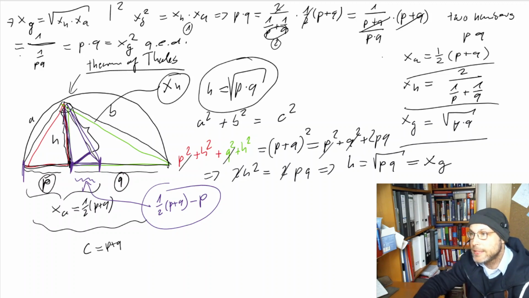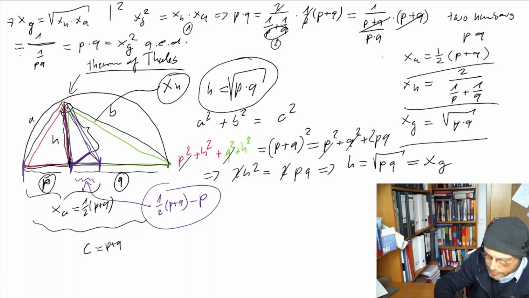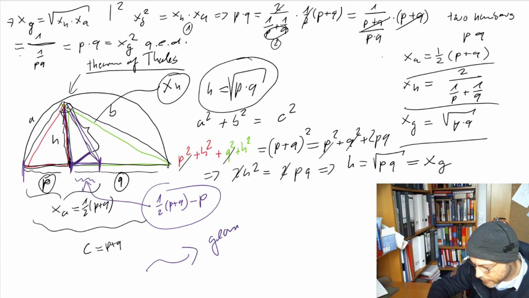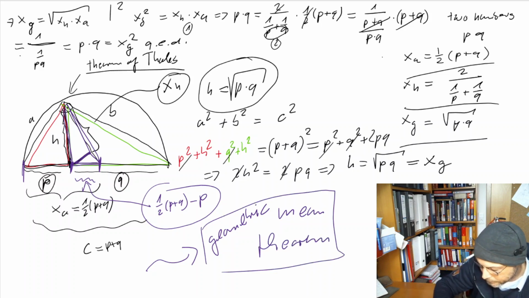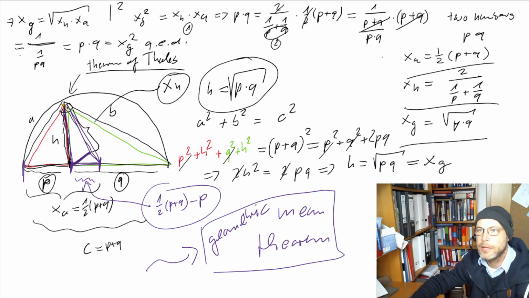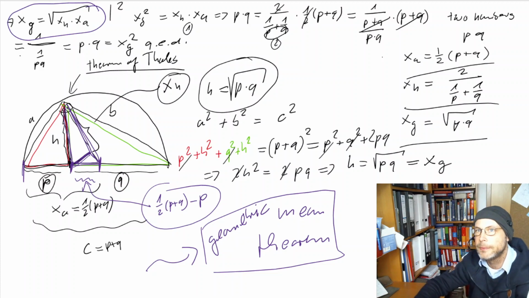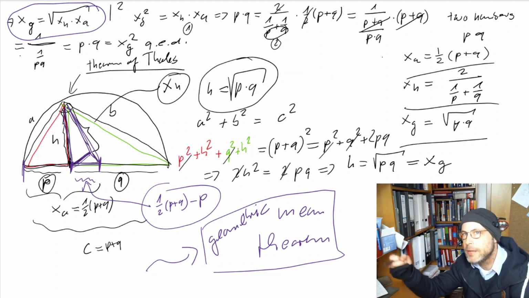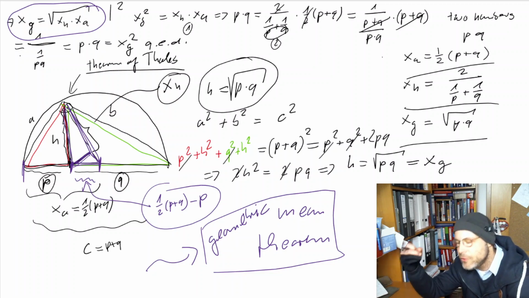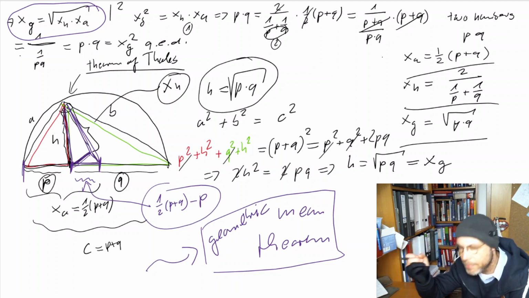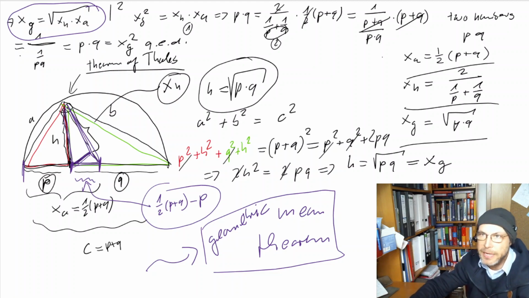Why is it nevertheless relevant for the statistics? This is also known as the geometric mean theorem. Because from this graphic, from this diagram, you can, of course, deduce this formula here. That the geometric mean is, this is the funny thing, the geometric mean of the arithmetic mean and the harmonic mean. Okay,